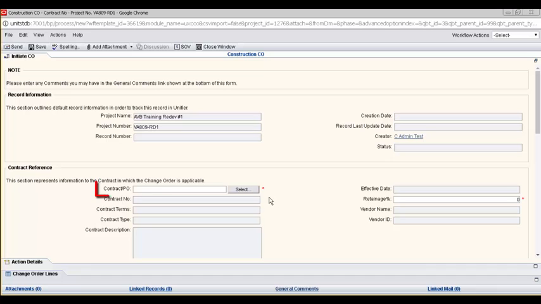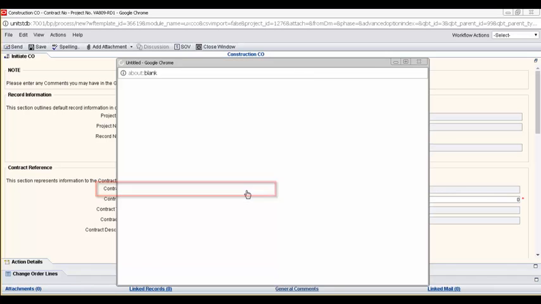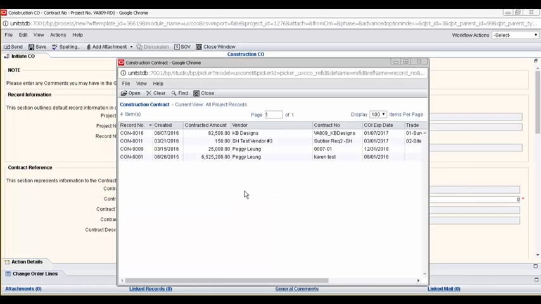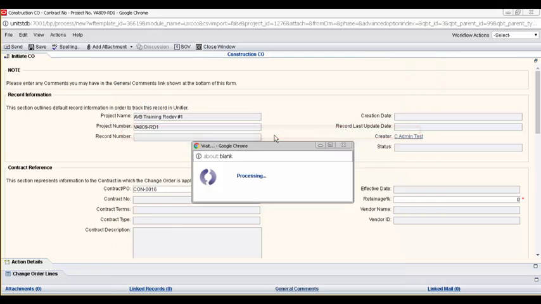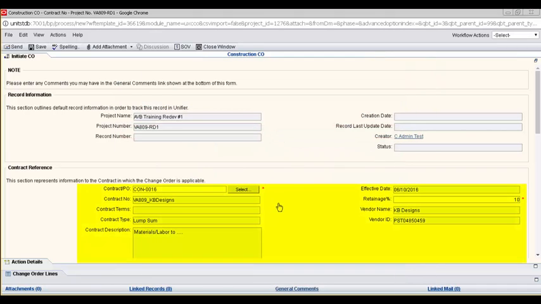So first, we'll select the contract. You can always refer back to the VCOR record, which told us which one to associate. Double-click, and now you can see several of these fields have auto-populated, including the retainage, though you do have the opportunity to update the retainage here if needed. Continue to scroll down,